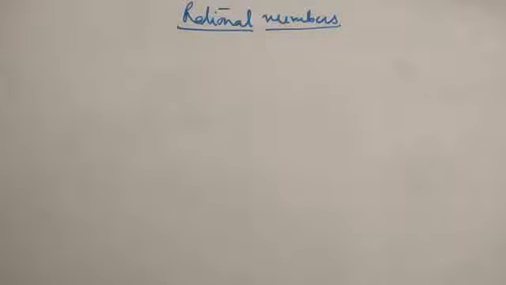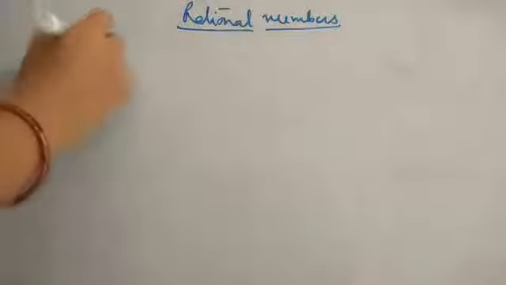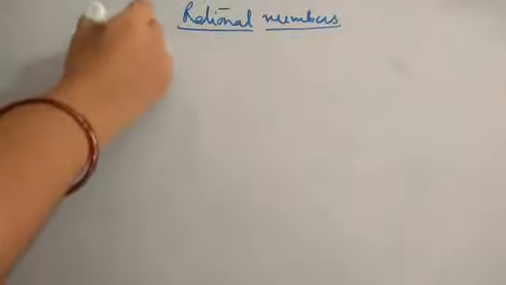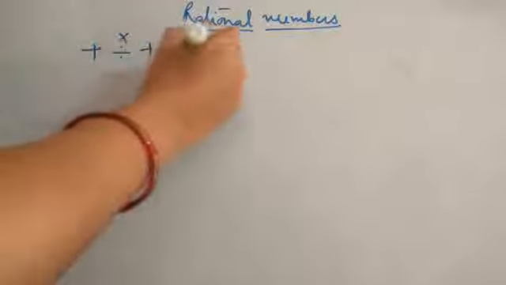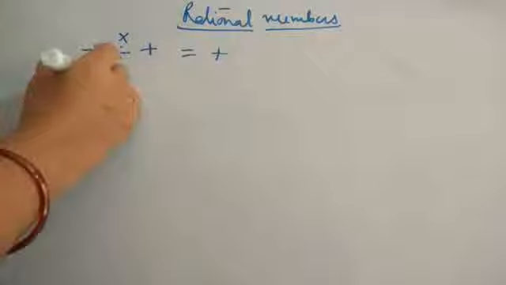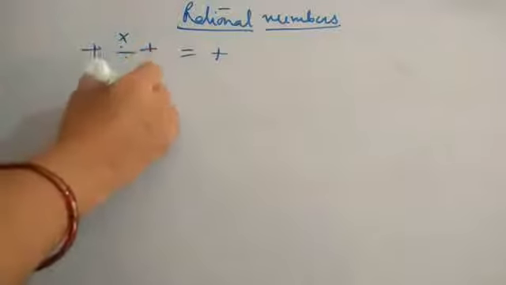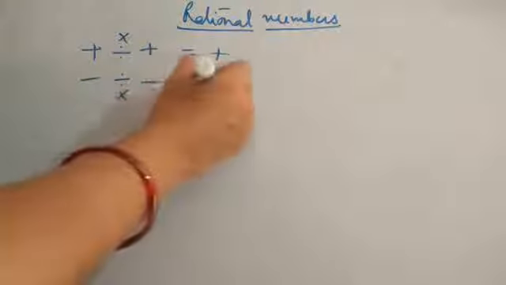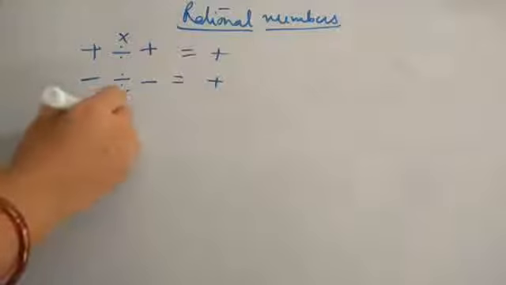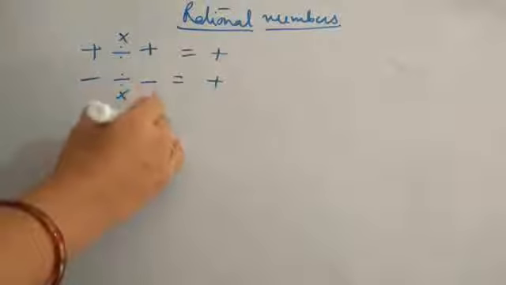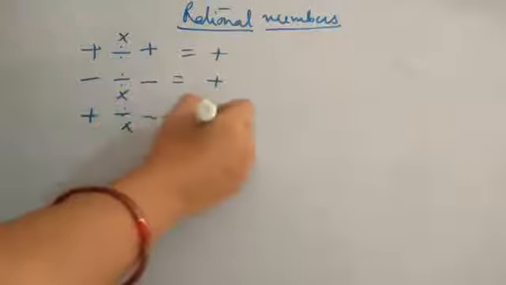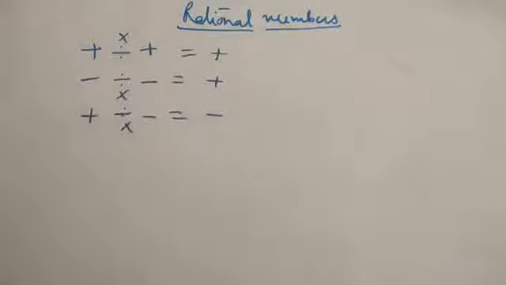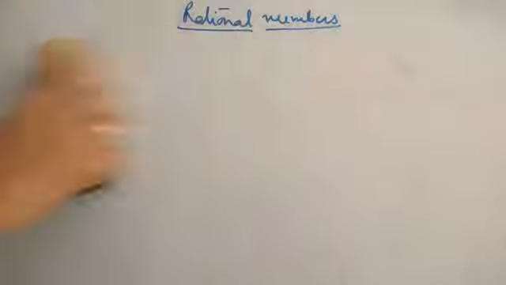Again I will repeat, if you multiply or divide two numbers which are having the positive sign, the answer will be in plus. If you multiply or divide two numbers with a negative sign, the answer will again be in plus. If one is plus, one is minus, the answer will always be minus. It does not depend on which is bigger and which is smaller. Let us start with multiplication.